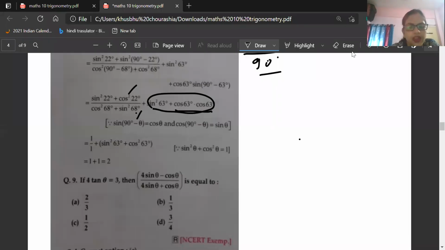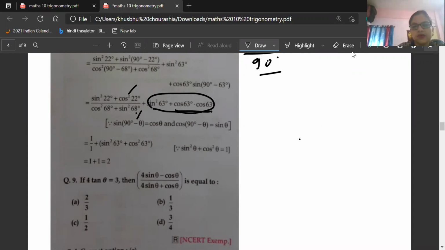The remaining part of the questions we are going to solve now. Question number 9. Are you ready? All of you are telling answer C. The previous answer was B; we have already solved that question. Now we are going for question number 9. Everyone gives answer C. Let's see the correct answer.